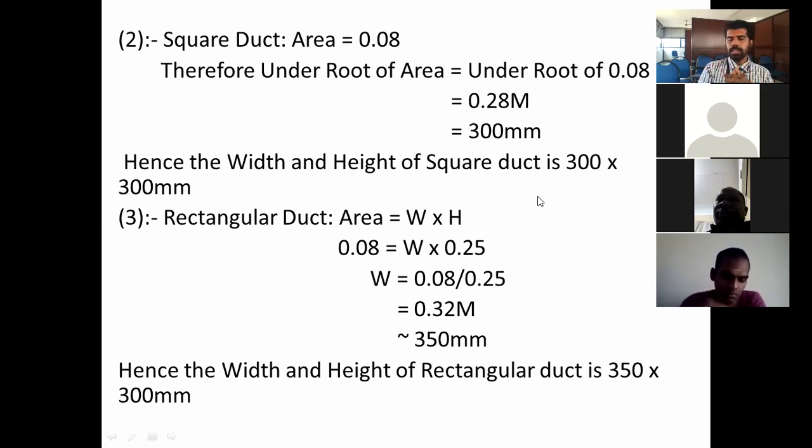Sometimes when you give the CFM and the velocity, it will give 350 into 350, or sometimes 350 into 400 in the case of rectangular duct. So we can adjust. If you put 250, it automatically gives 300. The software will be changing it. We'll be getting the answer from the software itself, so don't worry about that.